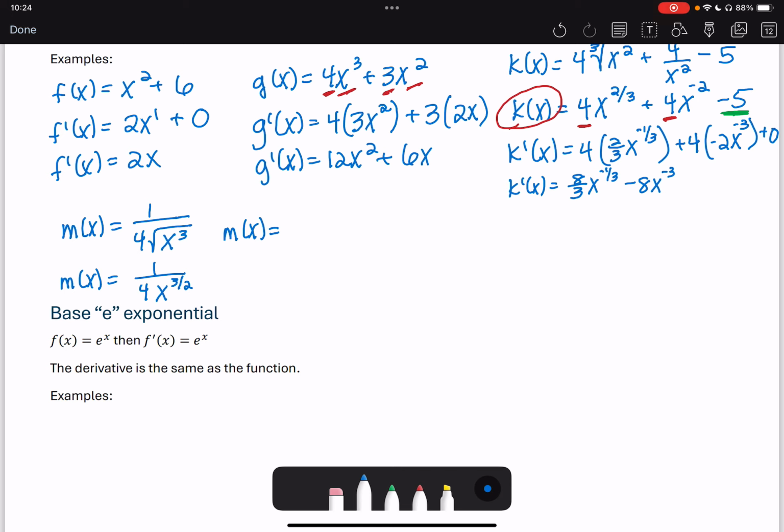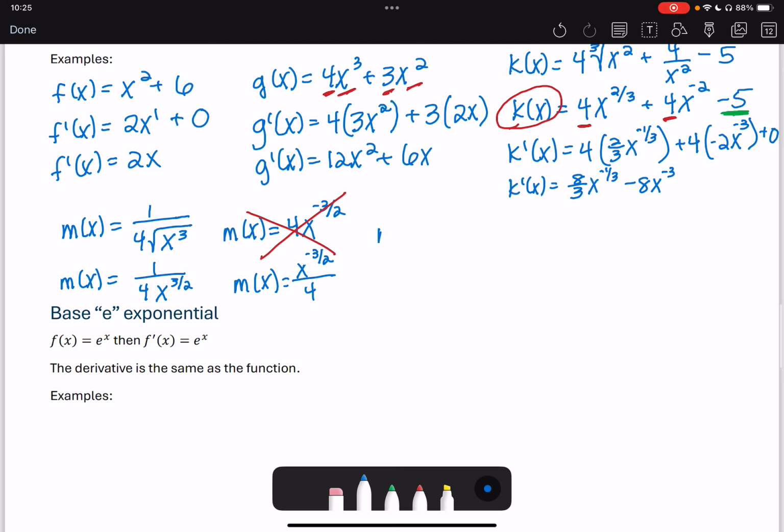Now I cannot move the 4. This is what students do all the time. They'll say 4x, and then they move that x to the 3/2 to the top, and they tell me negative 3/2. That is not correct, okay? Because you cannot move the 4. The 4 needs to stay in the bottom. So it's going to be x to the negative 3/2 on the top, but 4 on the bottom, like that,